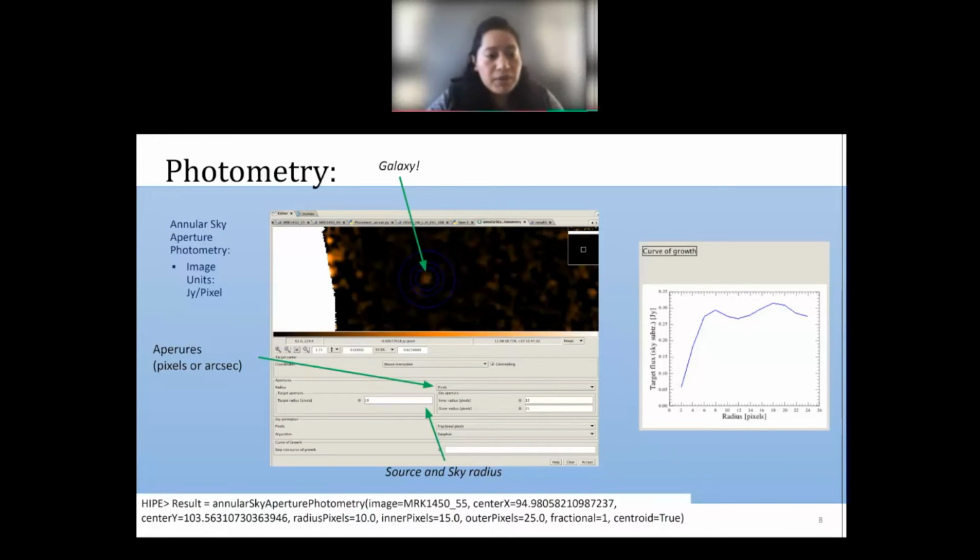What is important for HYPE is that the units of the map are in Jy per pixel. And then you can set the radius of each of these photometry apertures, and you can perform the photometry over a source. And then you're going to produce, for instance, on the right, this plot of the flux that is being